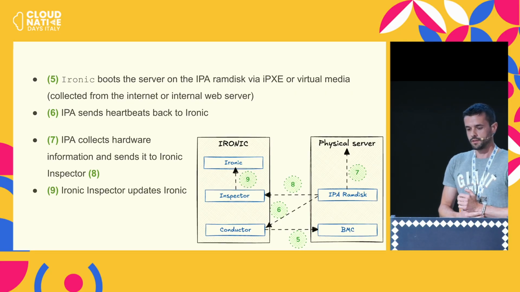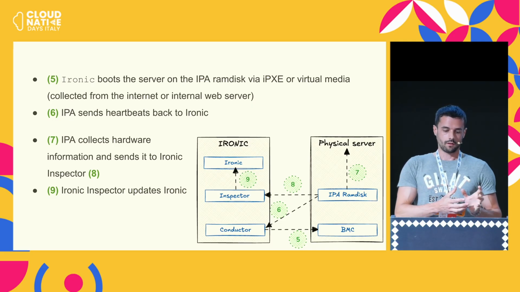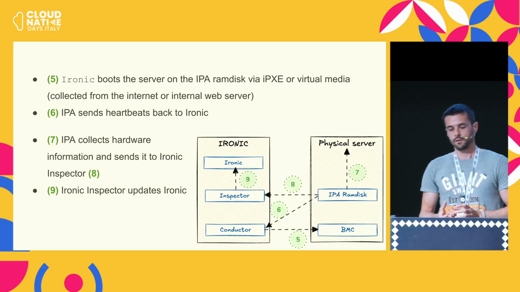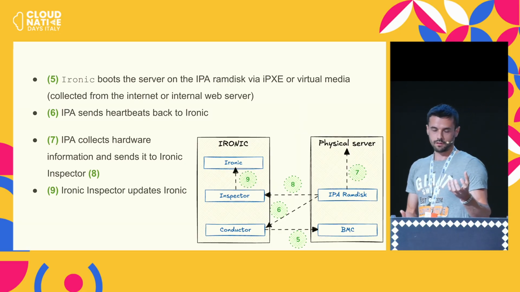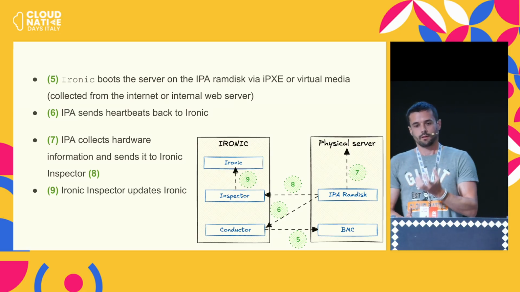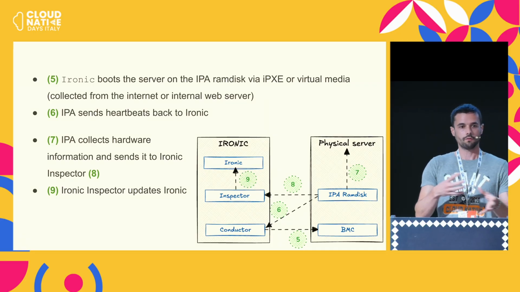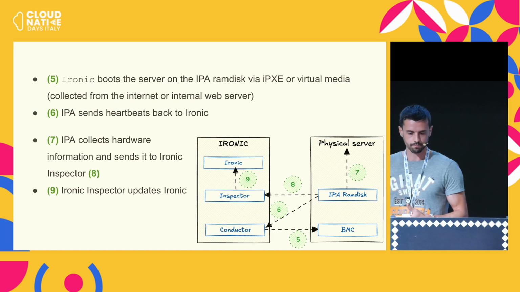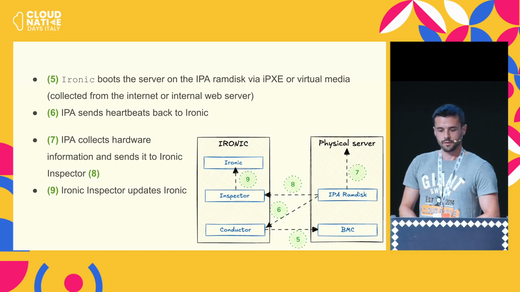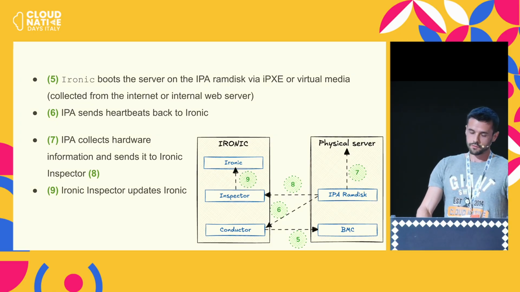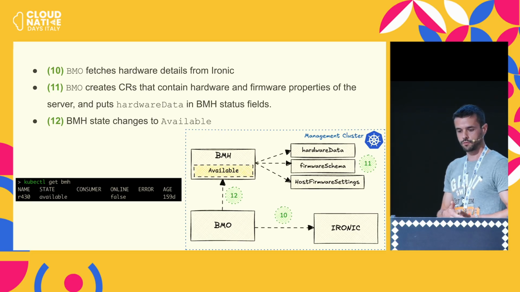And the inspection phase is the interesting part, actually. At first, Ironic is going to order the BMC to mount this IPA RAM disk that I mentioned, which is exposed by Ironic itself on an HTTPD endpoint. It runs in RAM, starts on this RAM disk, and then it's going to look for the hardware by running a bunch of Linux commands. So it's going to check CPU, memory. We'll see in a bit what it looks like. But it's going to collect all the data for us and send it back to Ironic, which will expose it for bare metal operator to consume.